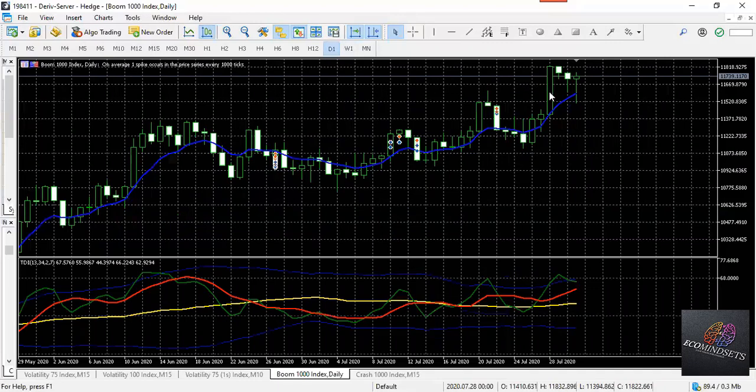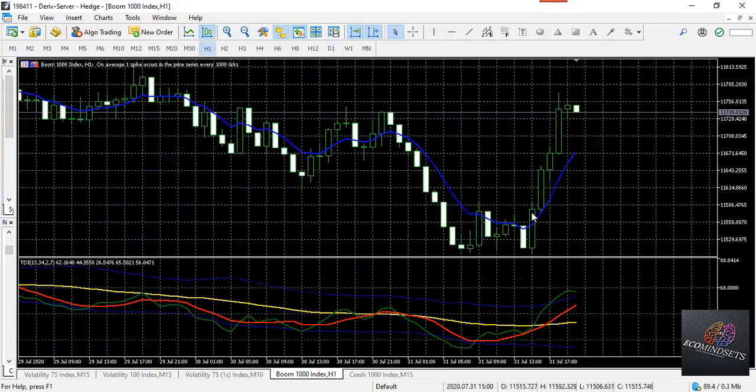Then we go to daily. Daily is also bullish. What am I looking for in this market? I'm not going to sell anything in this market. Even if H1 gives me a selling opportunity, I won't sell, because look here, this one H1 closed